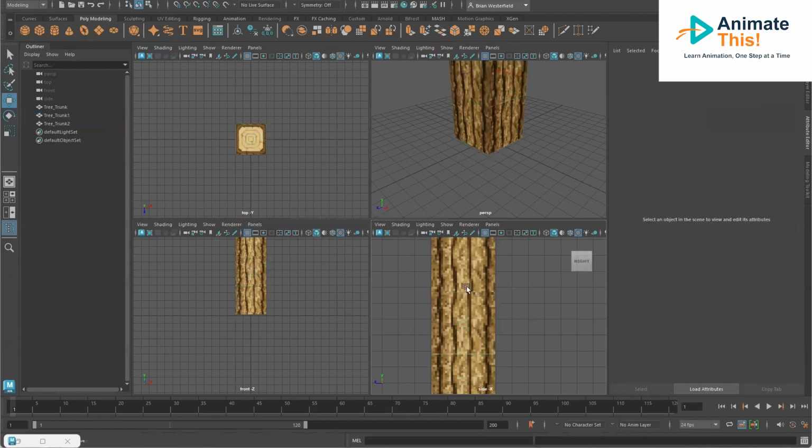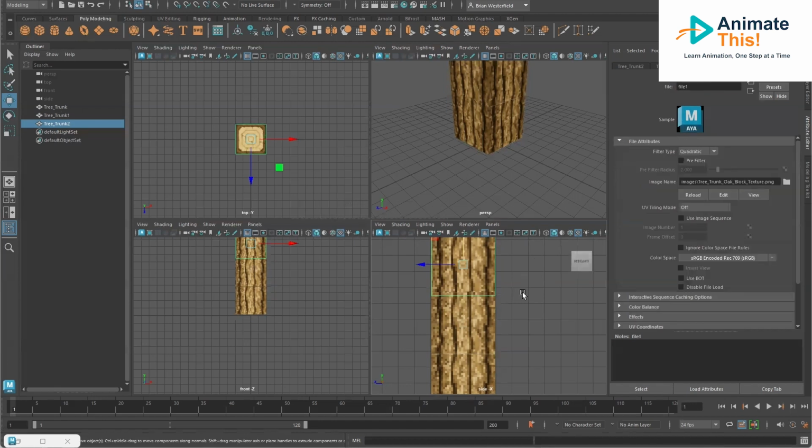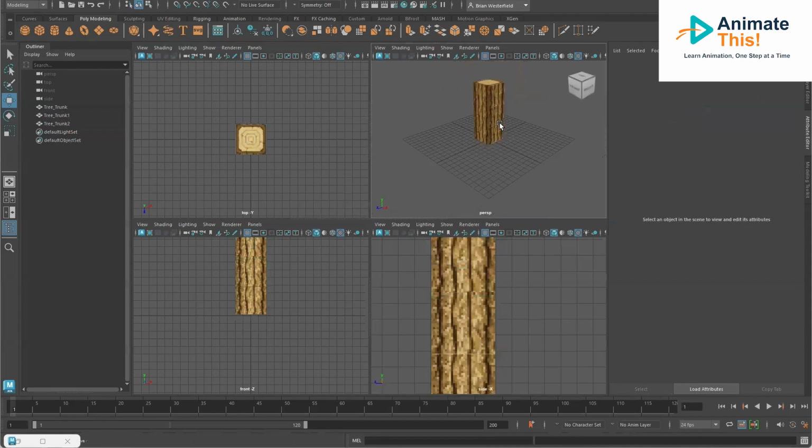It's fine. So I'm going to select one of these where it says Lambert 2 here. I'm going to go ahead and call it tree art. That way, if I need it for other stuff, I can attach that texture. All right. Now I'll go ahead and do